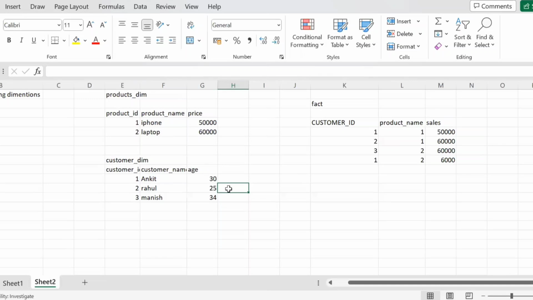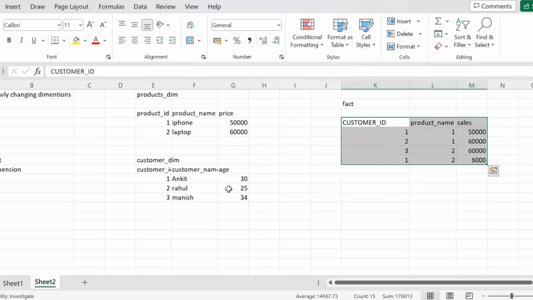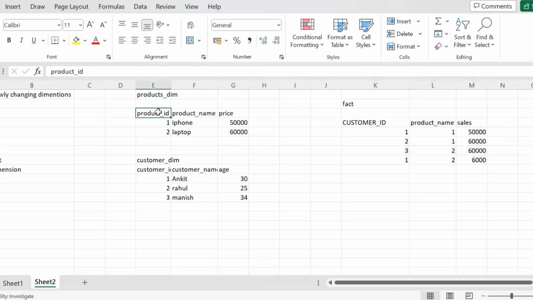Exactly. Got it. So the fact table changes rarely, but the dimension table changes very frequently, right? Every day you are having some sales on Amazon.com, right? So you will have more transactions and your fact table will grow every day. The dimension table won't grow every day, because you are not adding products every day or making changes to products. That's why they are called slowly changing dimensions,